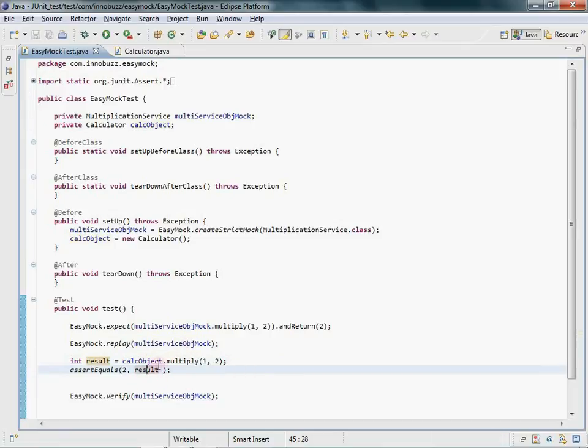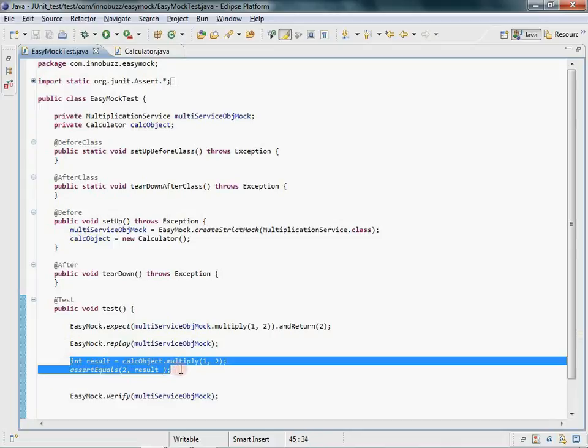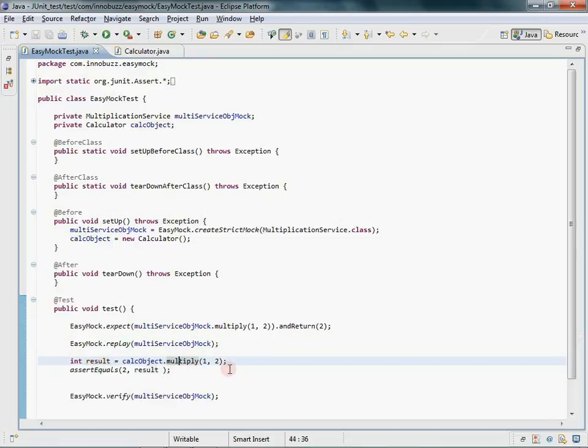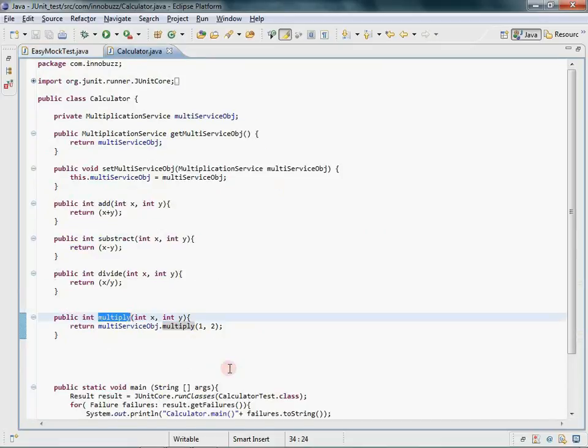So, this is the JUnit statement which will verify your EasyMock by invoking this multiply method, which in turn